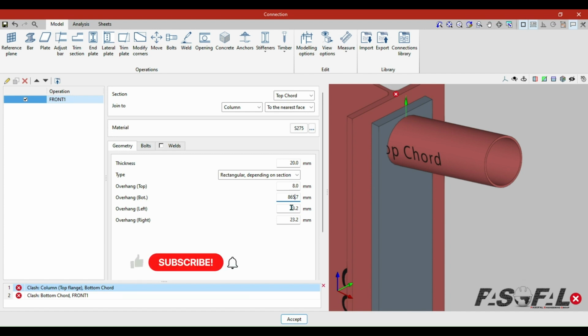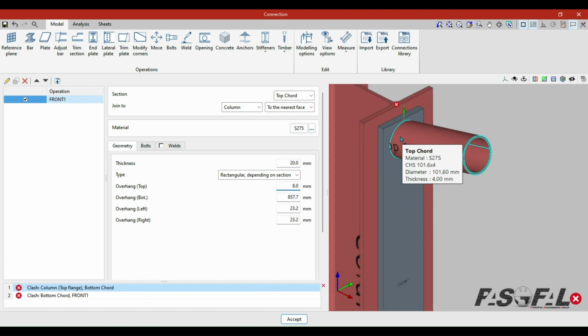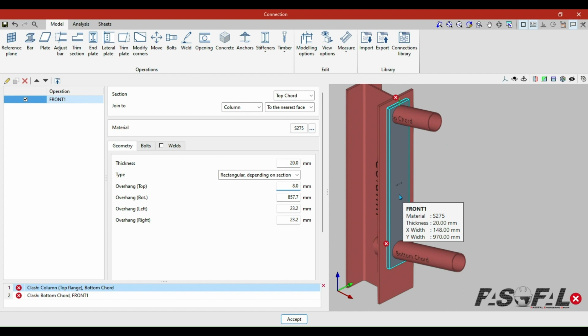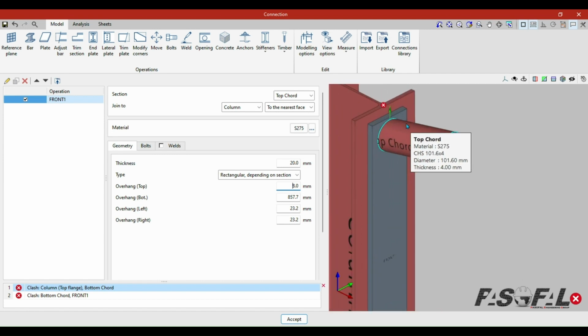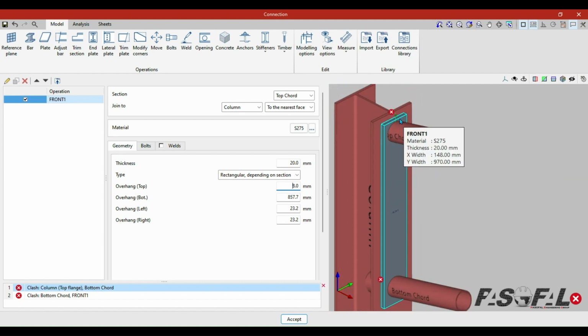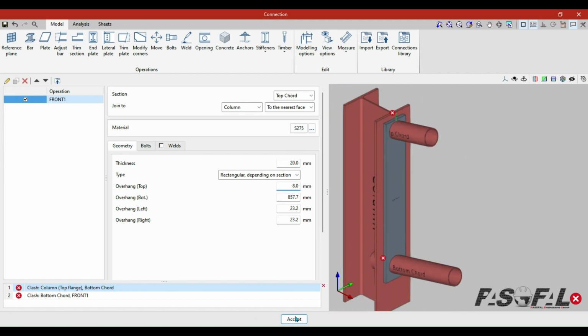57. Okay, so here I have the 970, 148. You can see that here. Okay, I'm done with this, and then let's go for adding another section, or let's say going for the